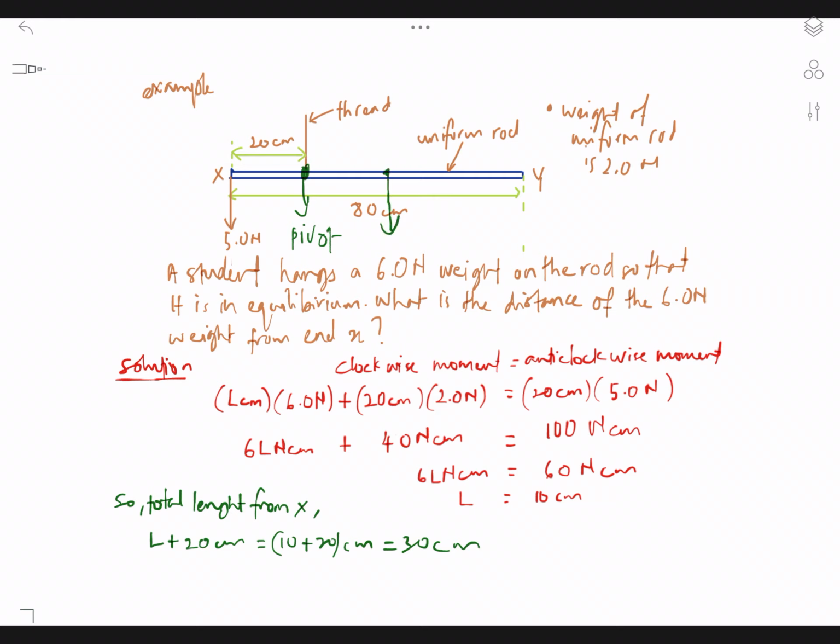This is the weight, 2.0 Newton. And then another weight is hung here, but we need to guess where it should be. Okay, so let's say we put it here. So now we have 6 Newton here,